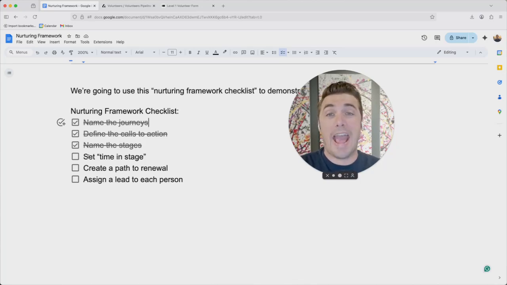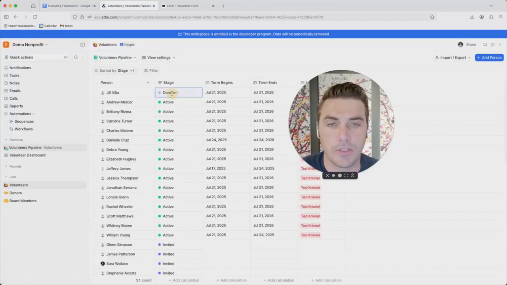So when we add people in, we have to have a plan for letting them drift away if things don't work out. Nothing lasts forever. They're going to be a donor for a period of time. They'll be a volunteer for a period of time, a board member for a period of time. When they leave us, they need to move to some sort of dormant. And that helps if we have a time in stage. So I'll show you how we'll do that.